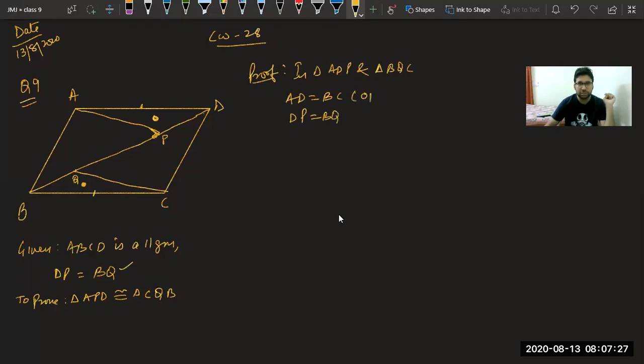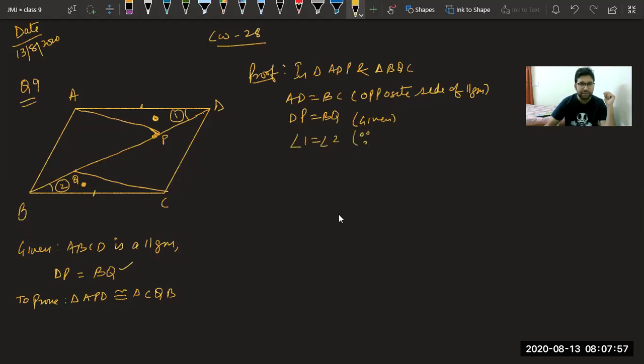So we can say, of parallelogram. Second thing is given to us. What is the third thing? Moksh is saying angle D equal to angle B. Moksh, you are correct, but not completely, because we want only this portion of angle D. Let us call it, suppose, 1, and we want this portion of angle B. Let me call it 2. We can say angle 1 equal to angle 2.